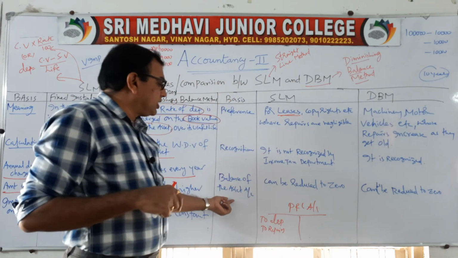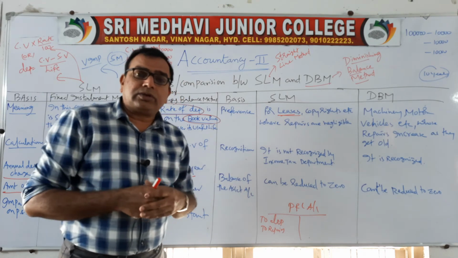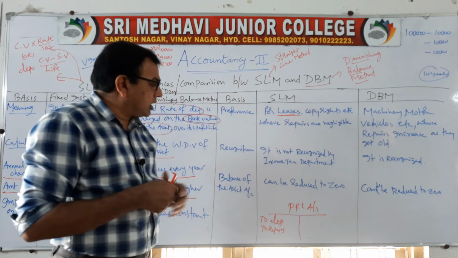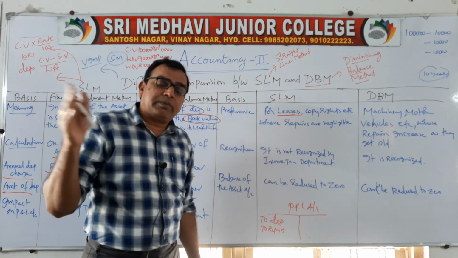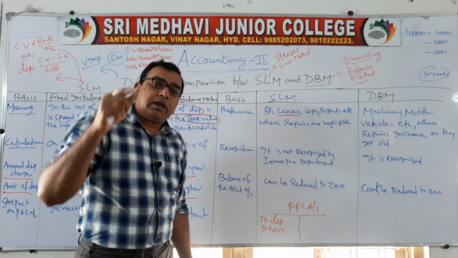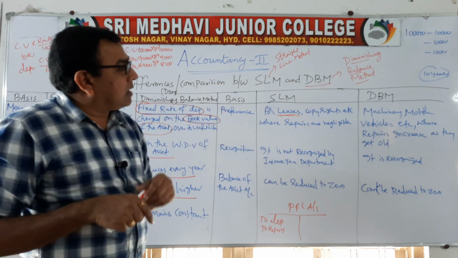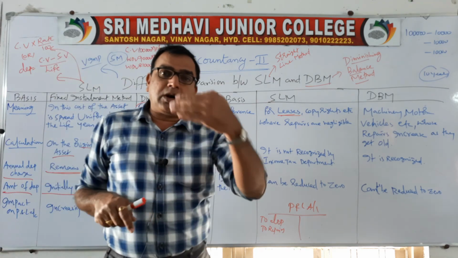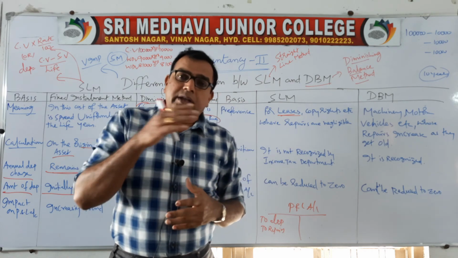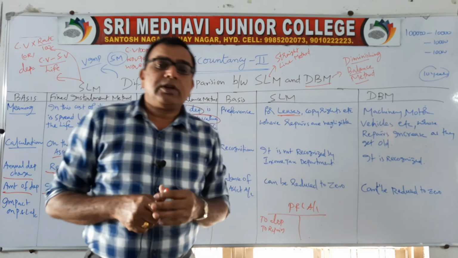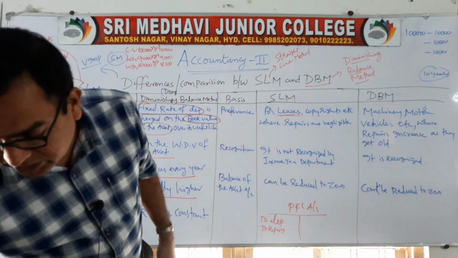Next, balance of the asset account. After preparation of the ledger, when you prepare an asset account, as you might have done already, under the straight line method you can bring it to zero. That means you continuously provide depreciation for the lifetime of the asset, and in the last year you can bring the asset value down to zero. But under the diminishing balance method, as you go on providing depreciation using the written down value of the asset, at any cost the asset value does not become zero. So these are the differences between the straight line method and the diminishing balance method.